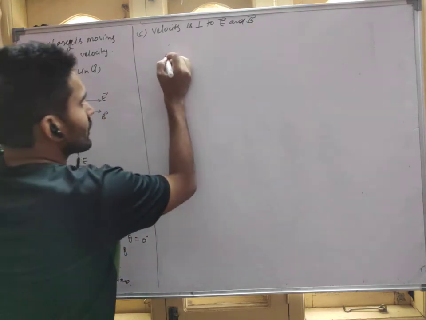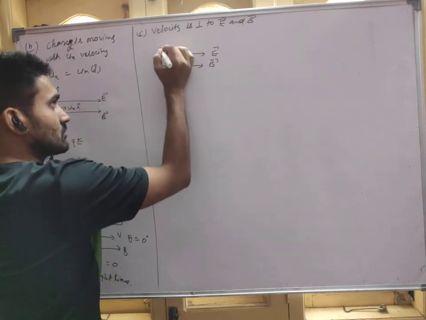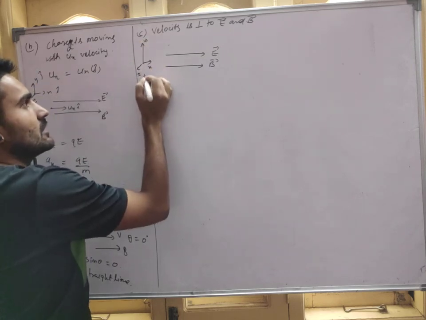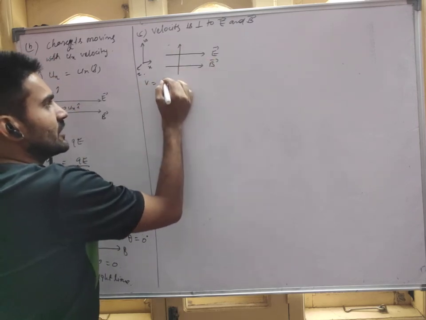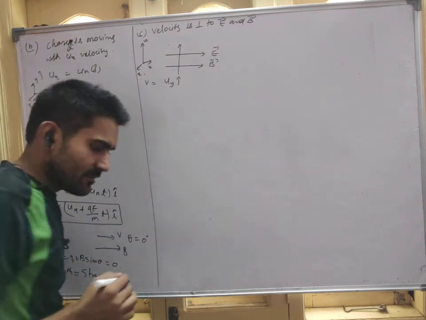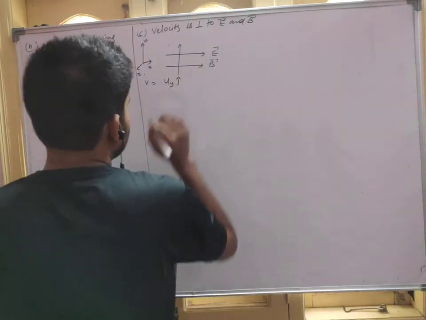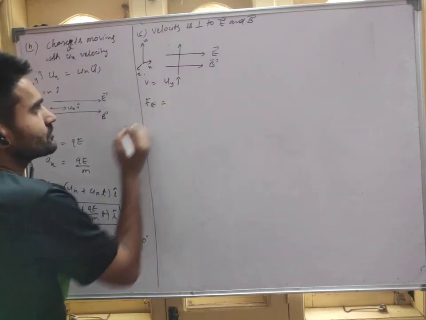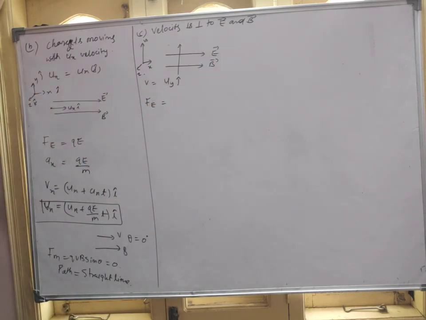So it means E and B are this, this is x, y, z. Okay, the velocity is like this. So the velocity is uy j cap. Uy j cap means, guys, what is the j cap? J cap means the velocity is in the y direction, right? Now, what will be the electric force? Tell me. As it enters the electric field, what will be the force? Tell me.